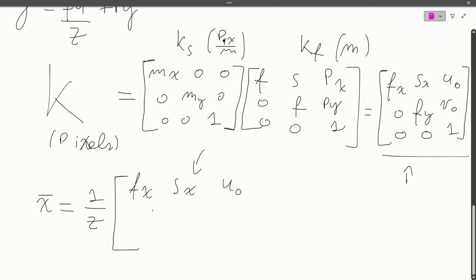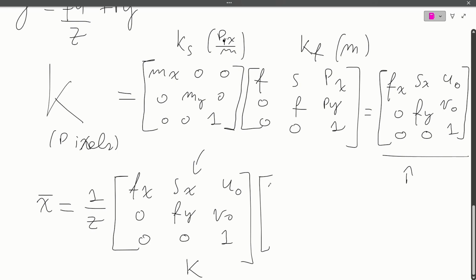We have to put it just if the two axes of the camera system are not orthogonal. Then 0, fy, v0, 0 0 1. This is K, and we multiply it by the matrix